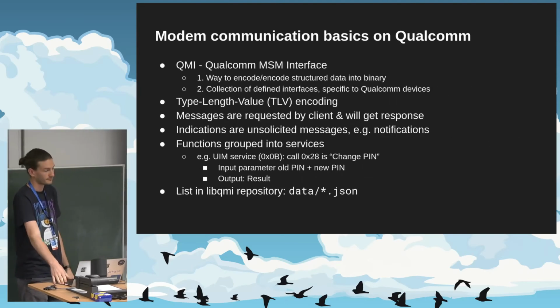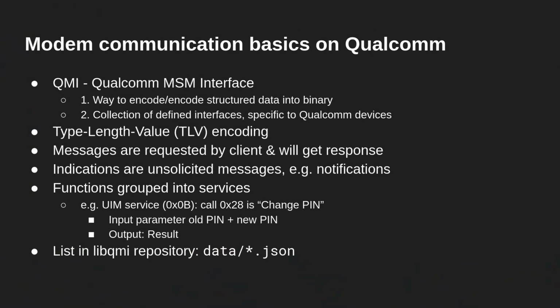But let's say in the last, I think 8 years ago or something, Qualcomm started using mostly QRTR for their services. Okay, QMI. This is also like QRTR, both a sort of network protocol, and then you have a name server behind it. QMI is basically a way to encode binary structured data into a binary stream, but also it is the collection of interfaces which are specific to Qualcomm devices, or Qualcomm-made devices, which also includes brands like Quectel and Foxconn modems and whatever, which all use Qualcomm in the back.